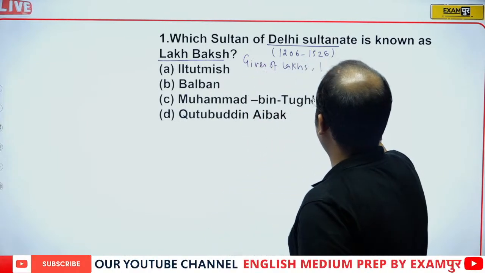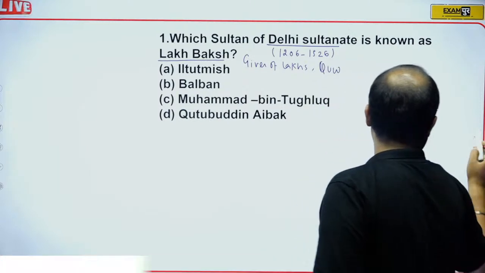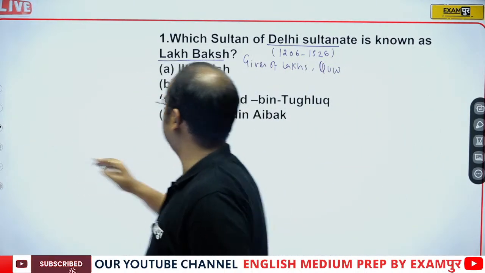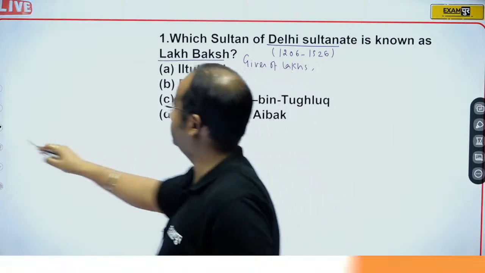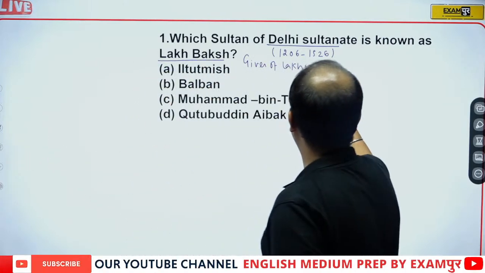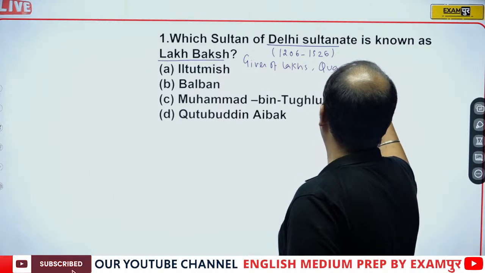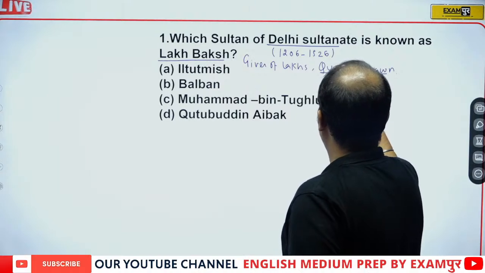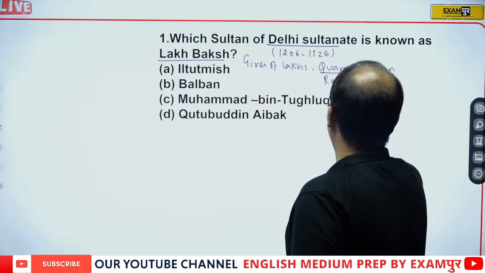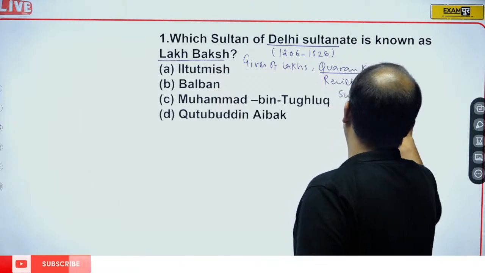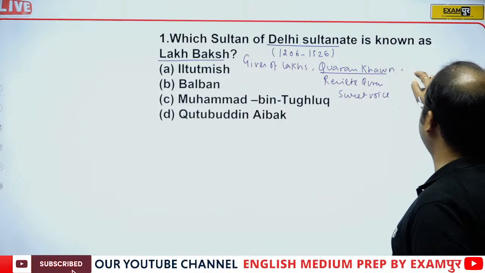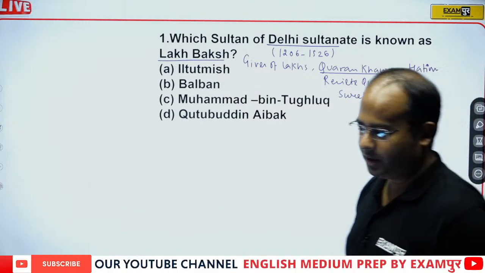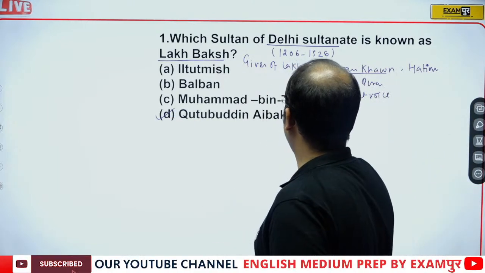He was also known as Quran Khwa, because he used to recite the Quran in a sweet voice. And other than this, he was also known as Hatim. The person known as Lakh Baksh, Quran Khwa and Hatim was none other than Kutubuddin Aibak,